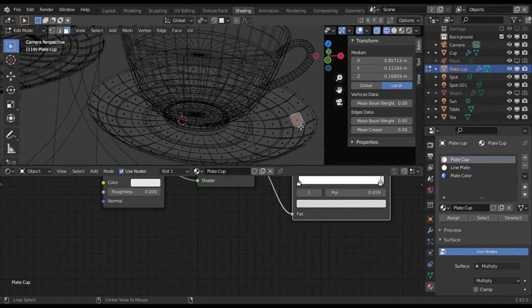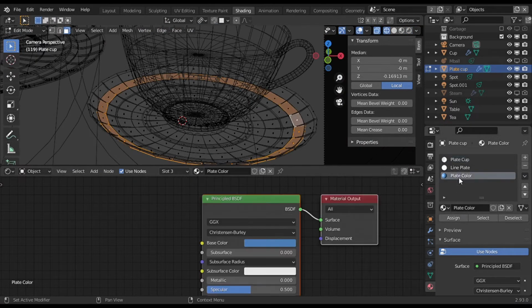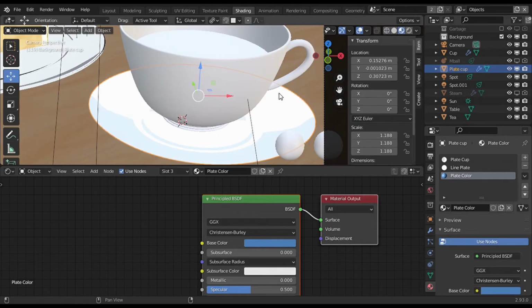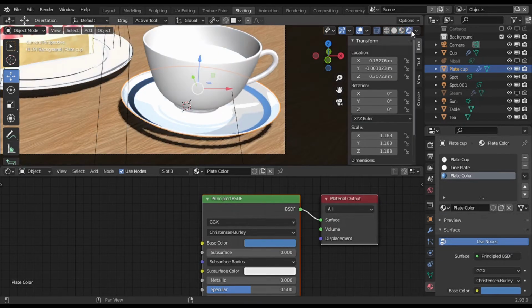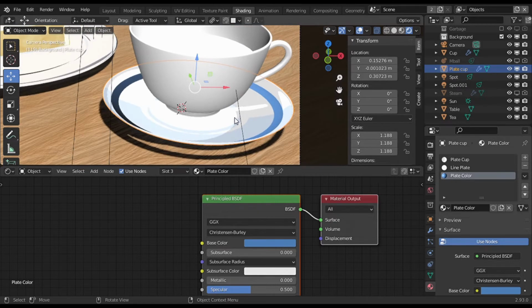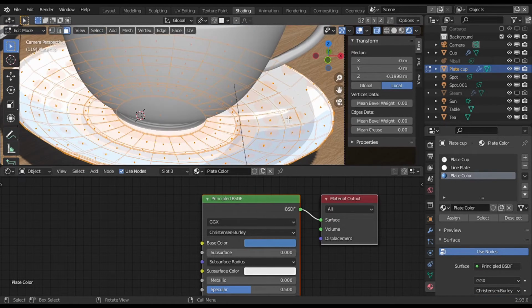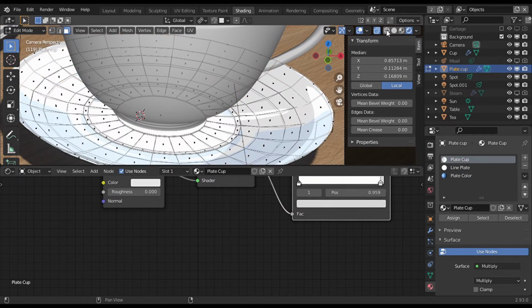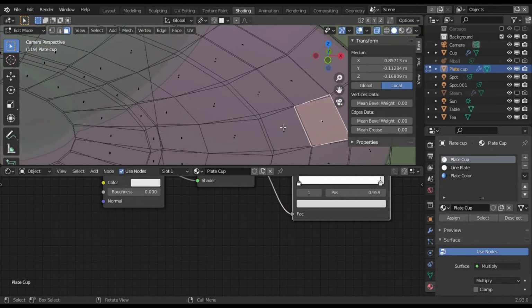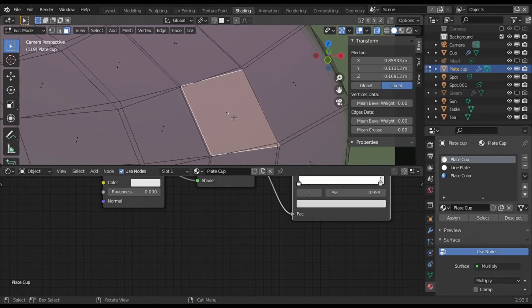I'm gonna assign the faces where I want that blue color, and if you assign it and nothing happens, or if your shadows get messed up like this, it's because you selected the wrong faces. So deselect or undo what we just did and make sure you select the faces on top, not on the bottom of the plate. See that in X-ray mode we can see two faces.